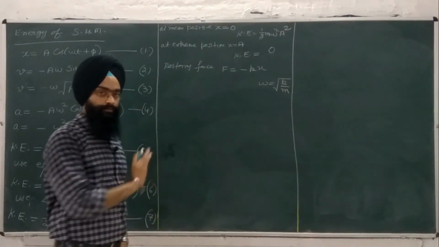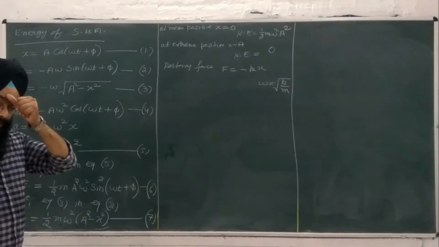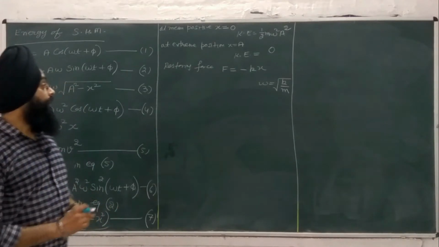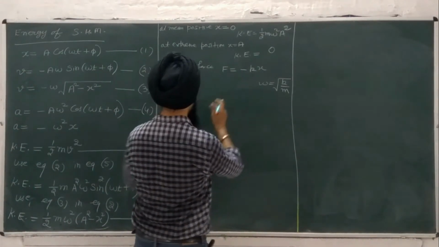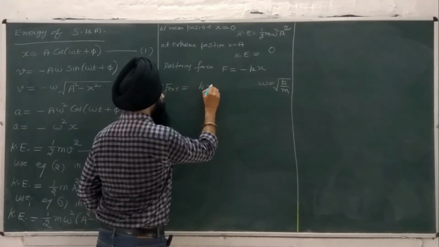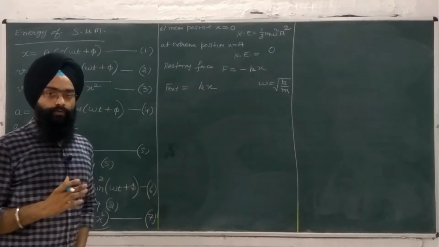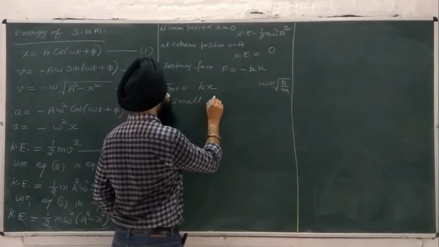In the very first lecture we derived this value. So if I apply an external force equal and opposite to this restoring force, due to this external force the small displacement caused is dx,